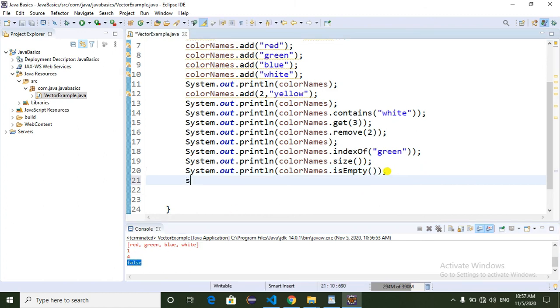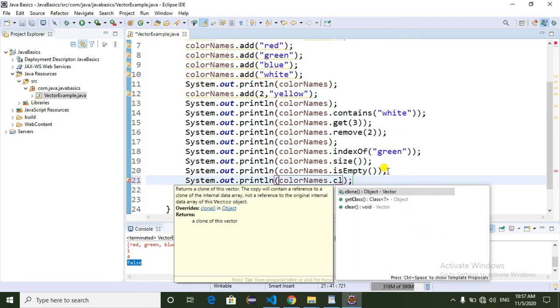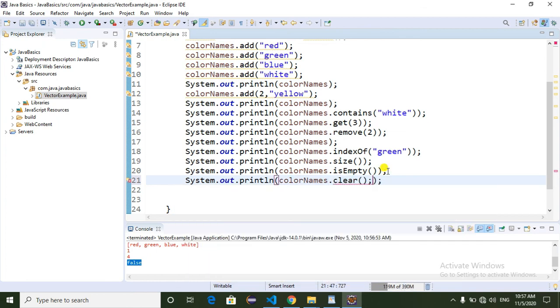Finally, I want to use the clear method to clear the elements from the vector object. So here I am going to print color names.